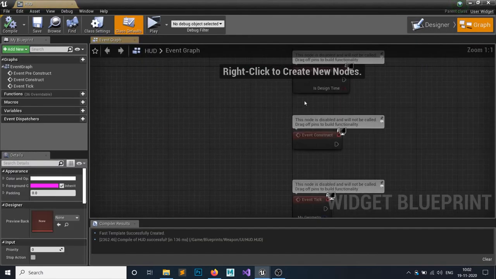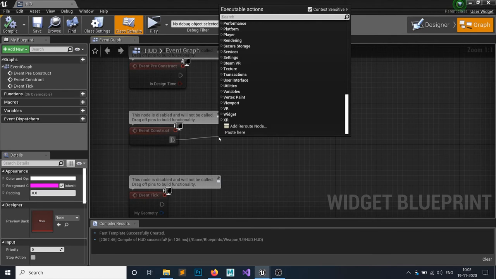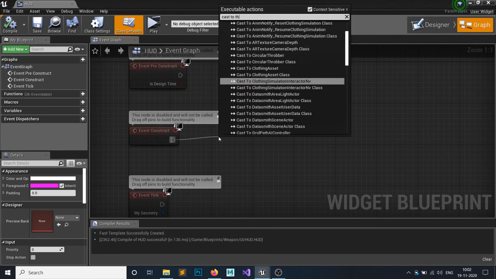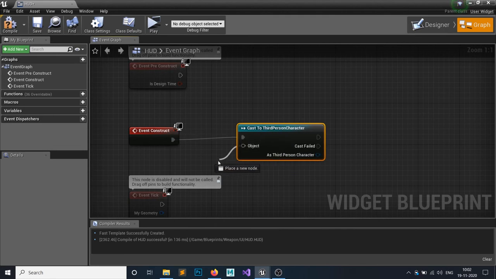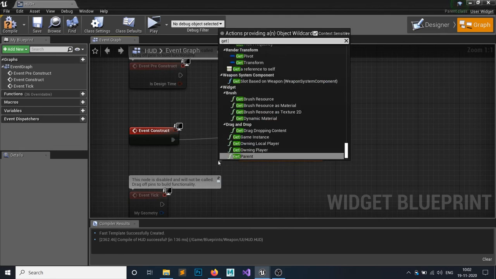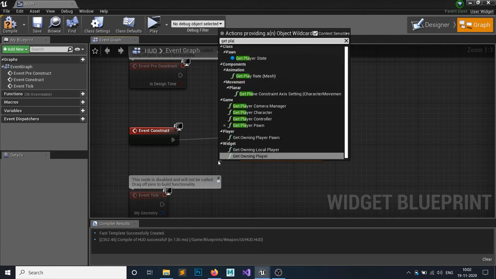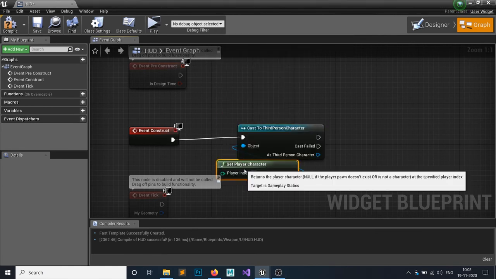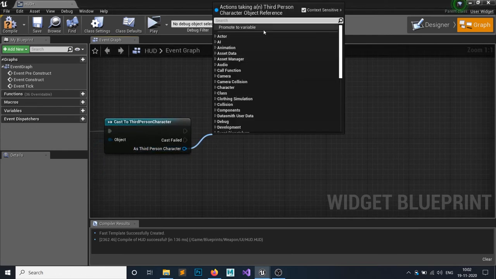Okay, first things first, I will simply construct and cast to my third person. Don't worry, we will do the HUD in the next tutorial. Get player character. This is just for showing purpose. We will actually code all the HUDs.